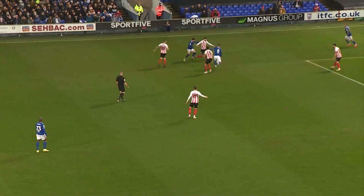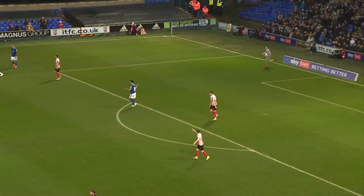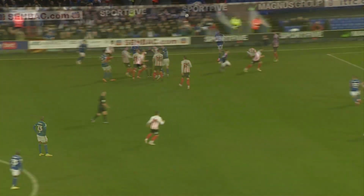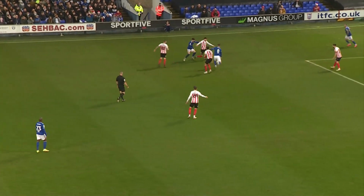And here's the injury now to Diaku. You see there, it's a loose ball. There's a couple of challenges. It just pops around. And as it comes to him, he's on the stretch. Let's get another look back at it now. It looks like he goes down his